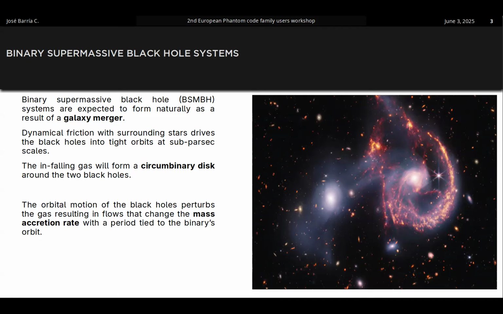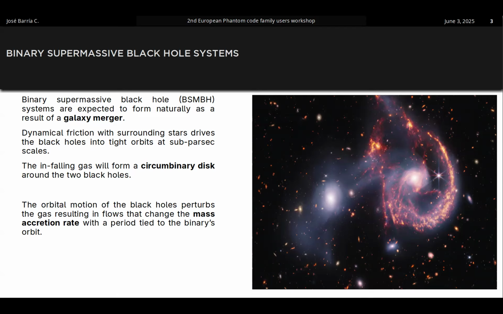So the way they form is that imagine you have one supermassive black hole for each galaxy. As they are merging, they will start experiencing dynamical friction from all the chaotic stellar environment of the two merging galaxies. So they will lose almost all their momentum, and they will eventually meet at the common center of mass in tight orbits. Also, the movement of the black holes can make gas flow from both galaxies into the common center of mass, and that can form a circumbinary disk around the two black holes, which can also trigger nuclear activity in the galaxy. By nuclear activity, I mean AGNs.